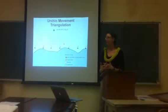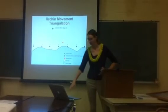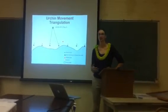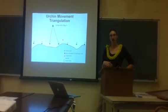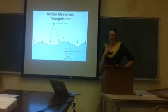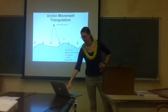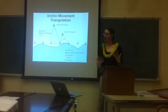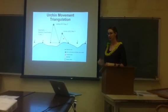Then 2 days later, on day 5, the same urchin was found in a different location. The distance in terms of transect length was taken from the 2 closest rebar also, and we just maintained the 2 closest rebar because it's easier in terms of the wave motion on the reef. Then, using geometry, you can get the spatial coordinates of x and y, and then once you have the spatial coordinates,